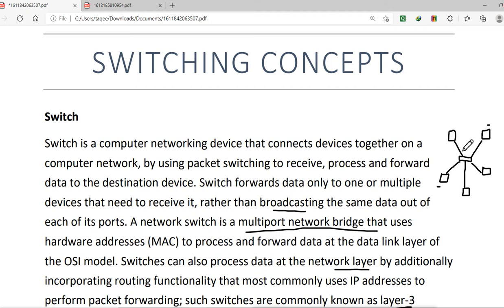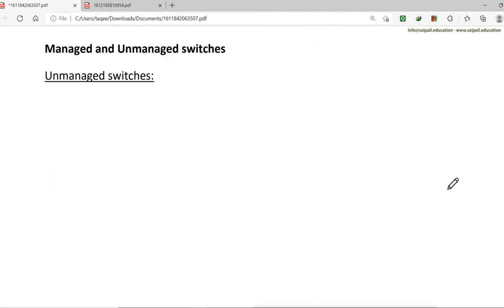This star topology is actually an extension of the bus topology, because when the star topology was there, we were using the bus. The centralized device we used was the hub. So what does the hub do? It broadcasts the packet to everyone. So when there was a hub as the centralized device, the topology was a star topology, but it worked like a bus topology. And that is why we had CSMA/CD available in the star topology also. Right now we are using switches in the star topology.